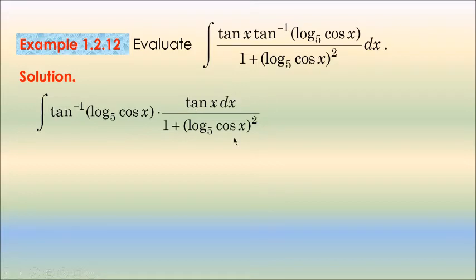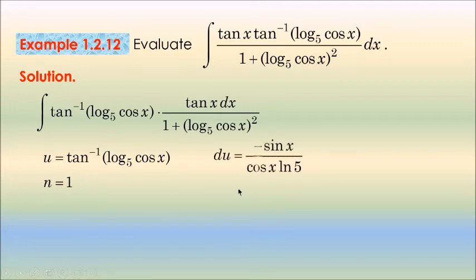And the possible differential of u is tangent x over 1 plus log to the base 5 cosine x quantity squared. u is tangent inverse of log to the base 5 of cosine x, n is equal to 1. The differential of inverse tangent of log to the base 5 of cosine x is equal to